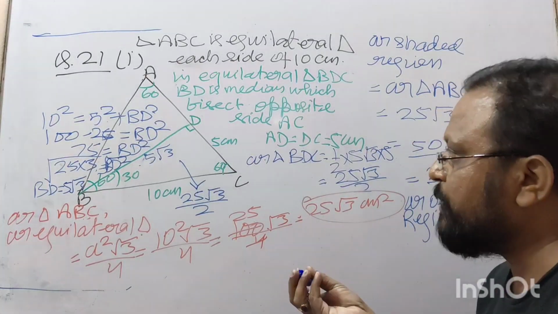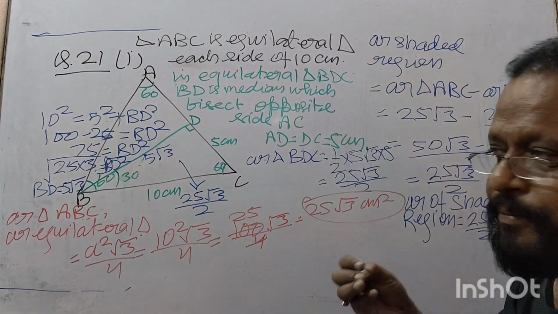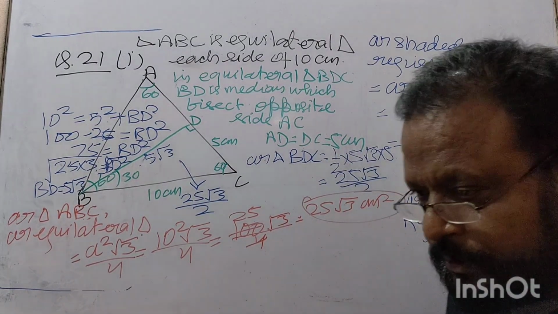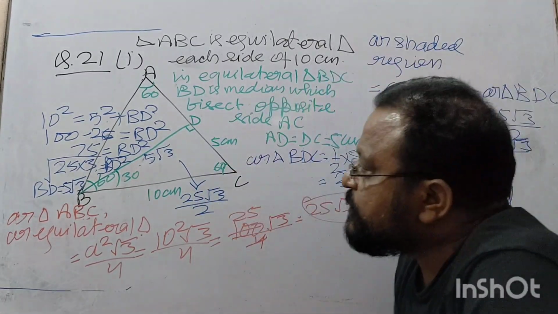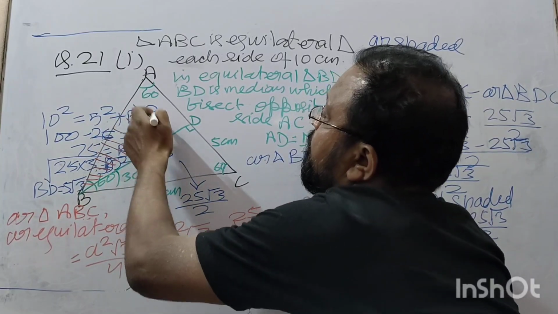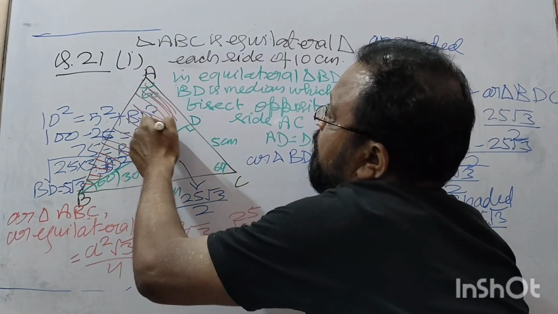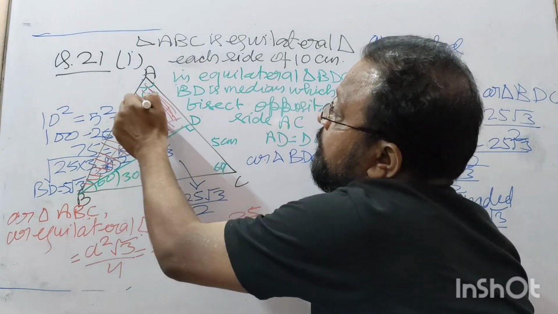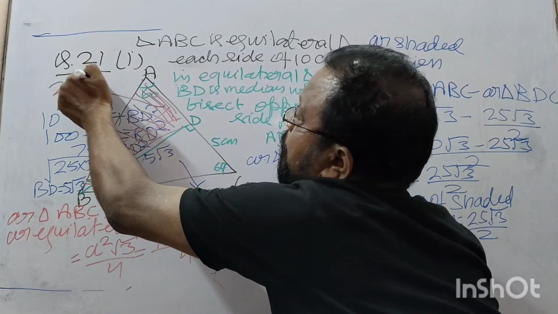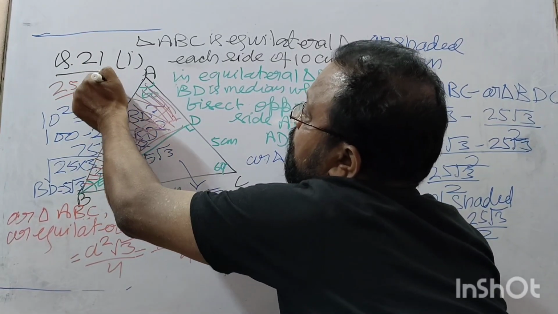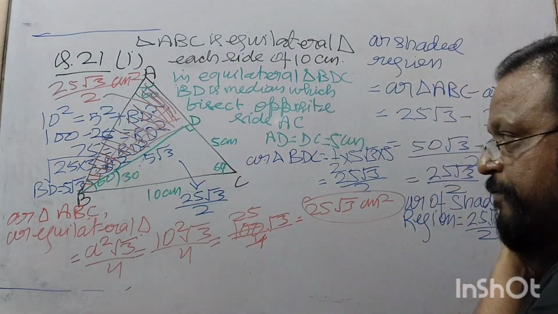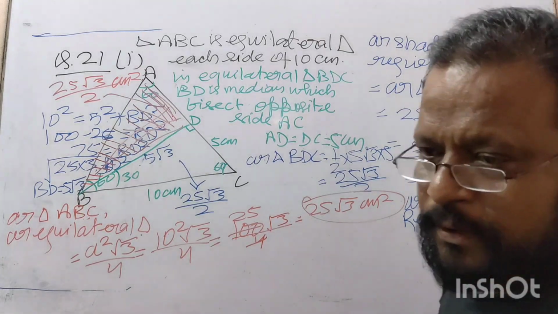This is that solution which I created for the problem, but it is totally different from your solution. So this we called the unshaded region. This is the shaded region, right? And its area is also 25 root 3 by 2 centimeter square, right? This is what we have. Now the change.